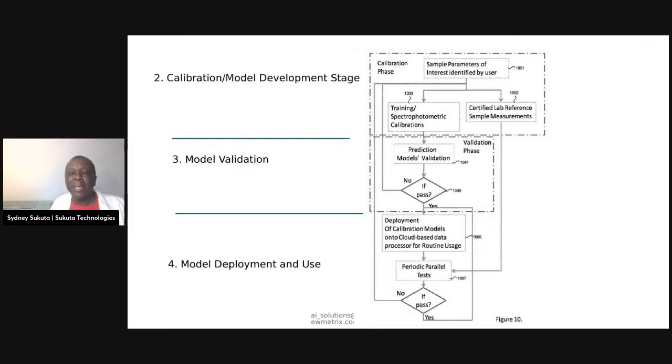Then after that, we do the same thing, but testing the models we built. If it fails, we just keep going back until it passes. Then it goes to the next stage after it passes validation. And now we can deploy. And then they can be used. However, due to machine drift, it's always a good idea to periodically double check these models, make sure there's no drift, because we're dealing with machines here. So that's what we do. These are ready for use when they're ready for use.